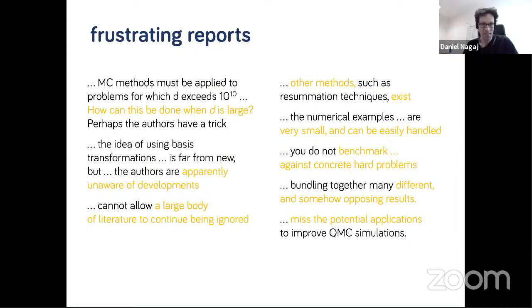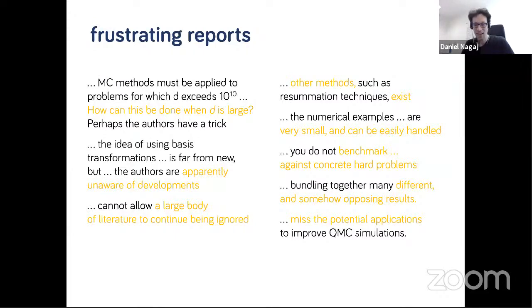People have thought that we are bundling together different and somehow opposing results, and that this is bad. But this is actually a feature. We are combining a numerical method and also showing that the worst case is hard, and there was a novel complexity result. Also, it happened that the referees did not understand what we were doing, because they were asking, like, this calculation is difficult. You cannot improve the sign. Like, well, what are they calculating? And half of the paper is, we are not calculating the sign itself. We calculate the non-stochasticity, which you actually can do and calculate.